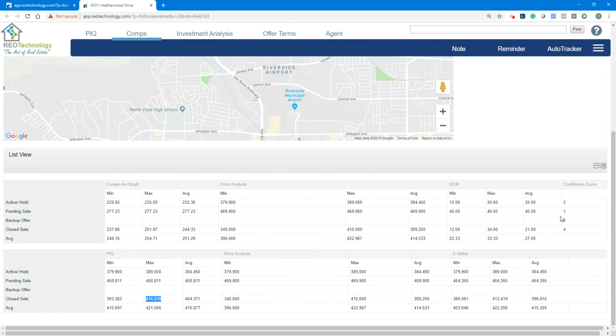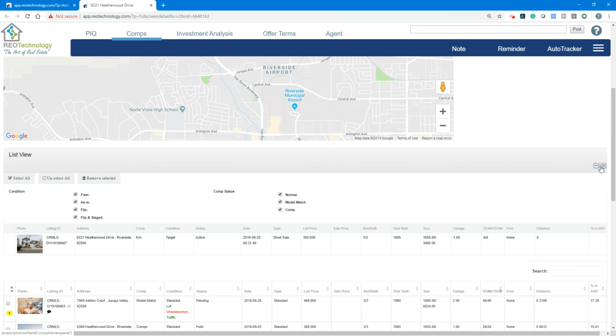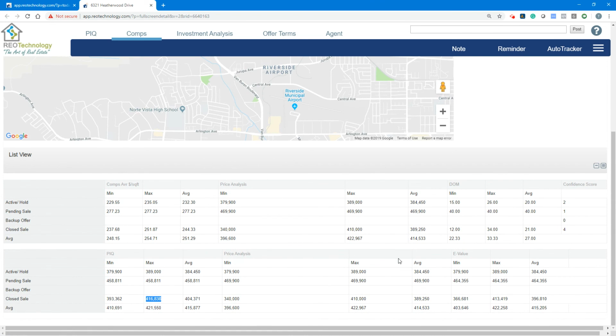So I really like this table. You can maximize it, minimize it. There's a lot of fun things to do with it. Call me a nerd, but you know what? This is absolutely great data, and I really encourage you that you pay attention and understand